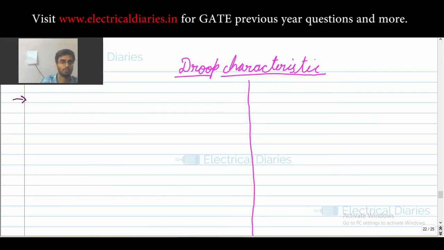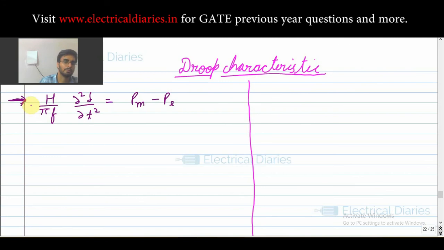For the swing equation you can search for any video, and if I have not made a video yet then I will make one. Okay, so don't worry. So now we will use the synchronous swing equation to have the idea. Del square delta by del T square is equal to Pm minus P, where Pm is mechanical power, P is the electrical power. Okay, so now here, just to give you a brief idea what I am talking about in this equation.